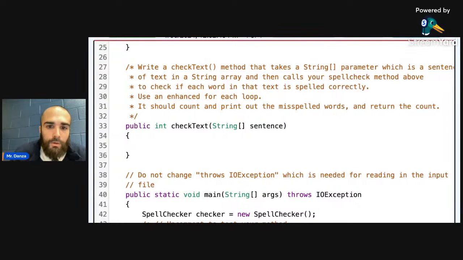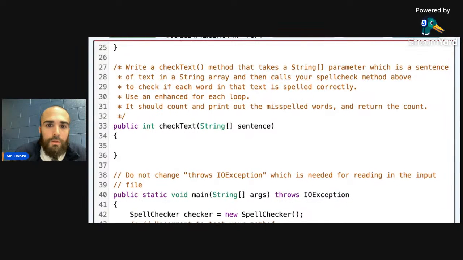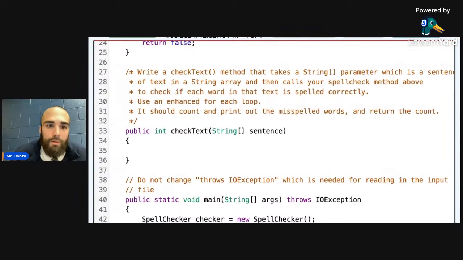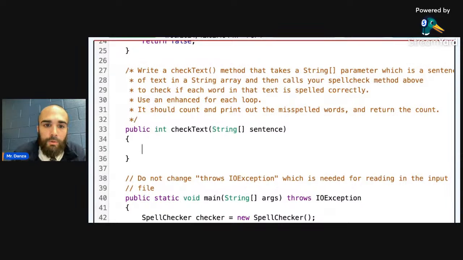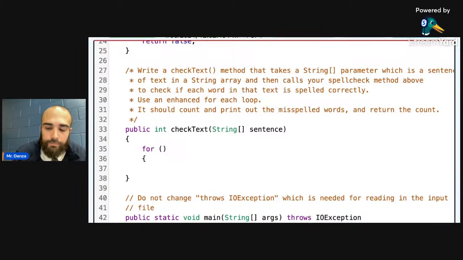Okay, so we'll write our for each loop here. Okay, so for string, so I'll say for each word inside of sentence,